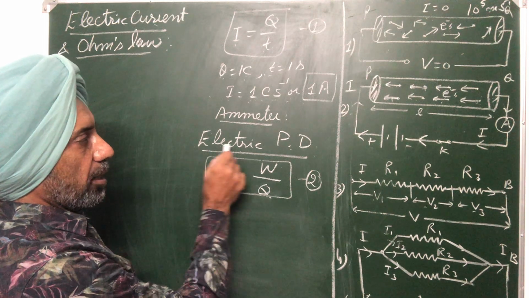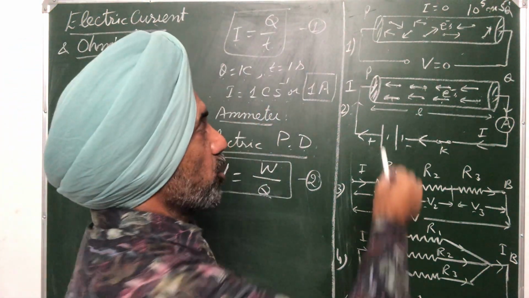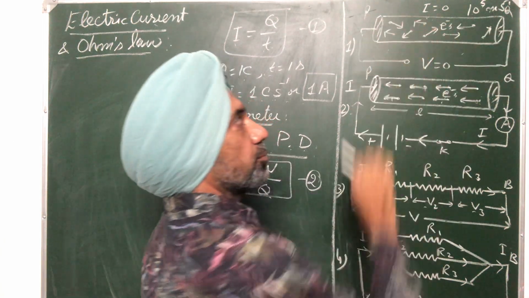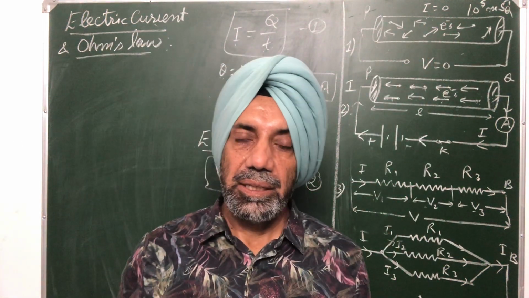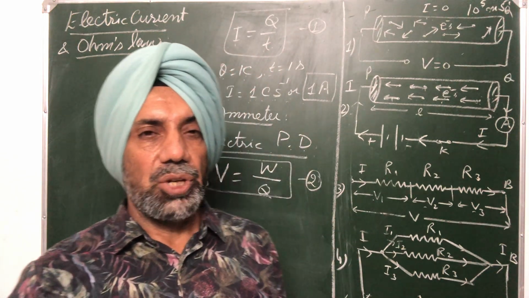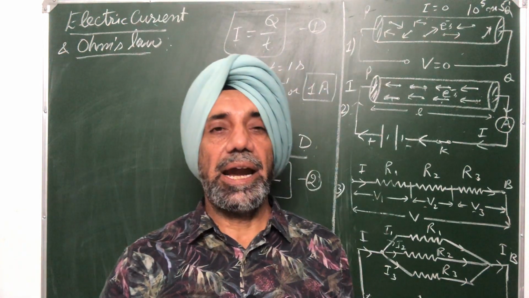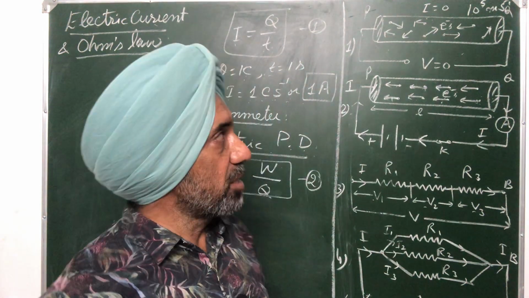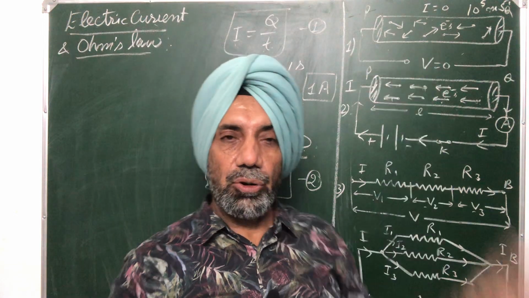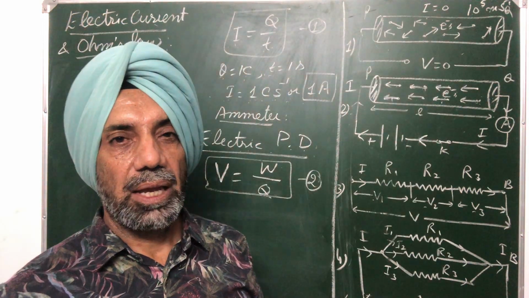Then we come to electric potential difference. To understand potential difference, suppose we have a conductor PQ, and we know that in a conductor there are a large number of free electrons which move with very high speeds in a random fashion. It means net flow of electrons and hence charge in a particular direction is zero, and hence there is no